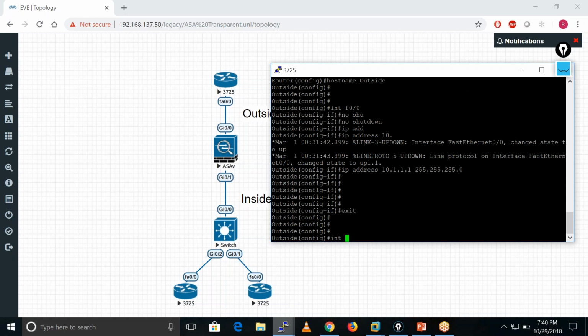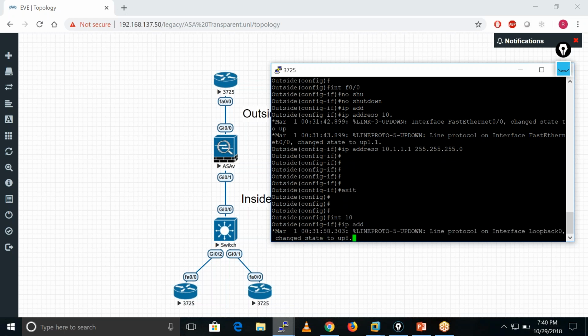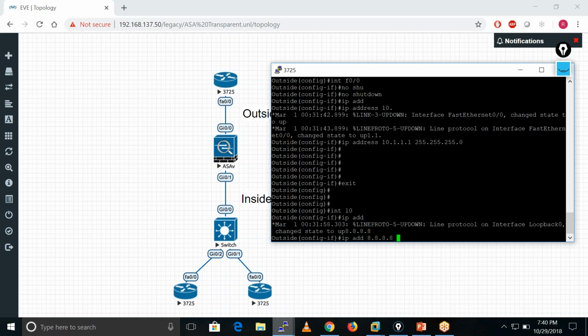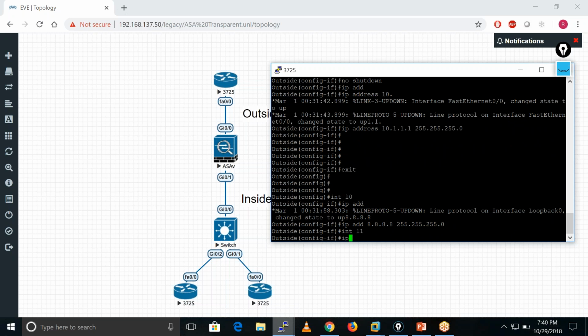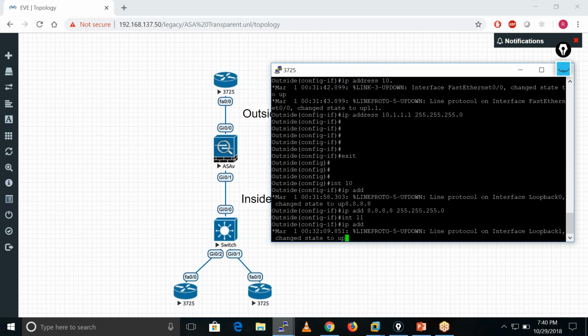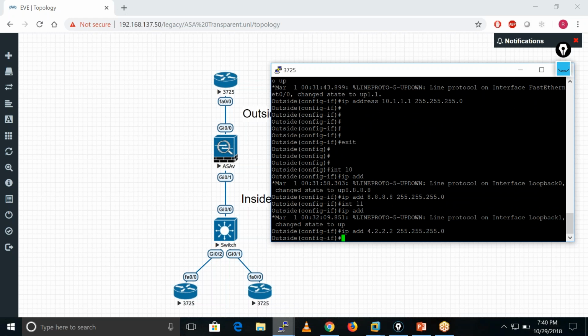Let me configure some loopback interfaces as well. So we use these interfaces for doing the ping and all.